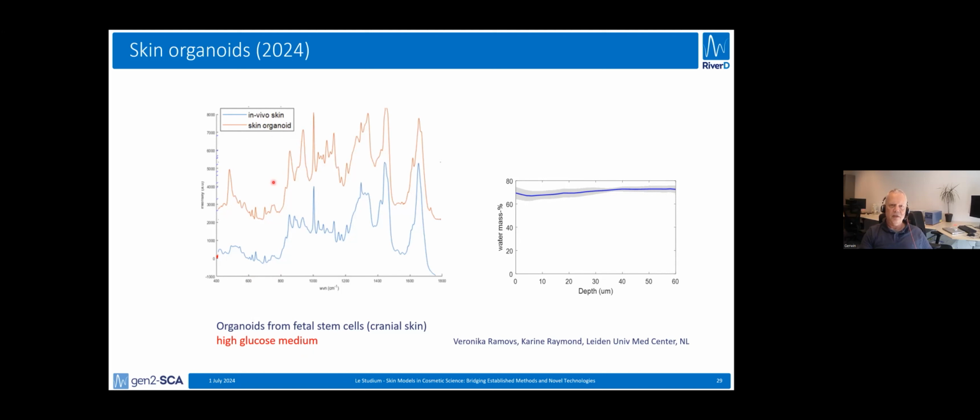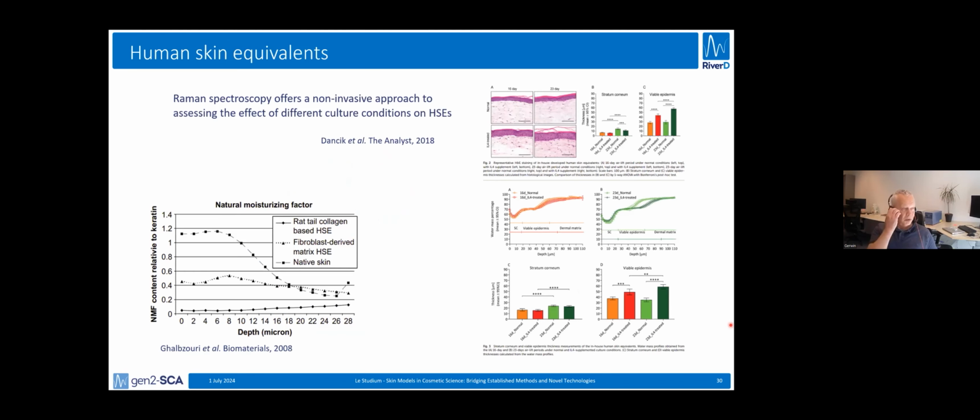And we see a few very strong bands in the skin organoids that you do not find in the in vivo skin, and these are due to glycogen. And that actually makes sense because it turned out that the organoids are grown on a very high glucose medium. So the